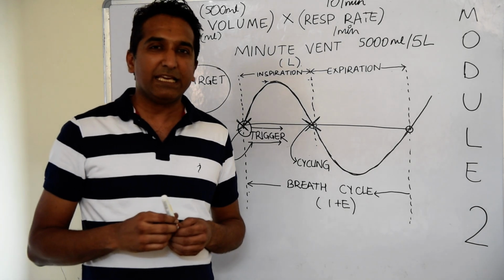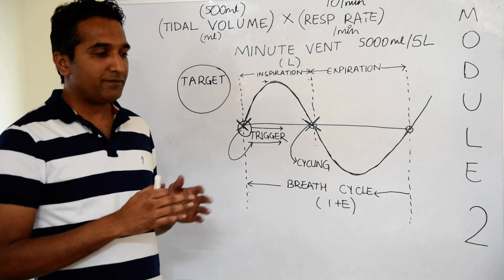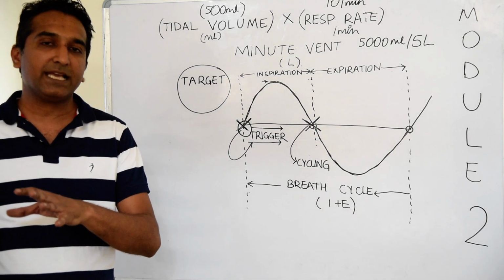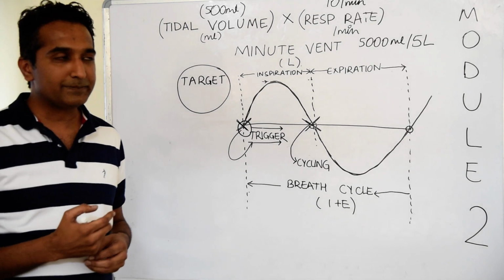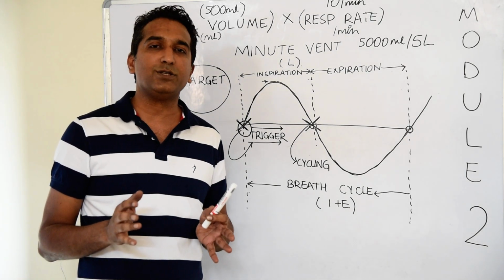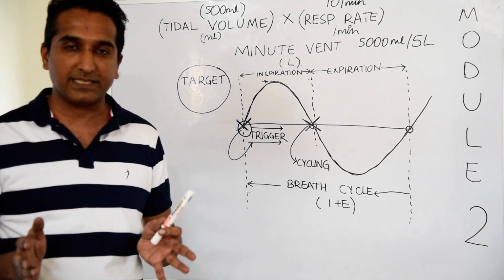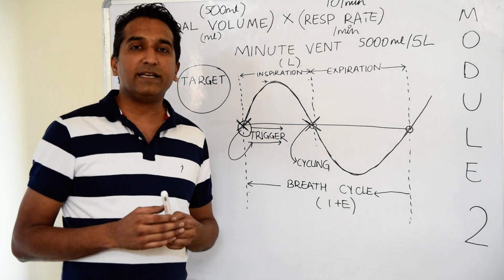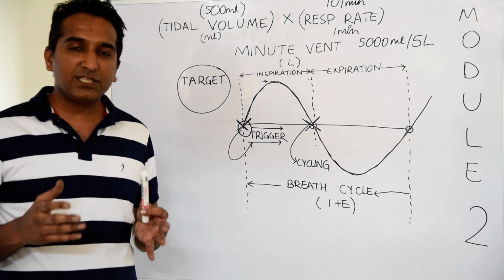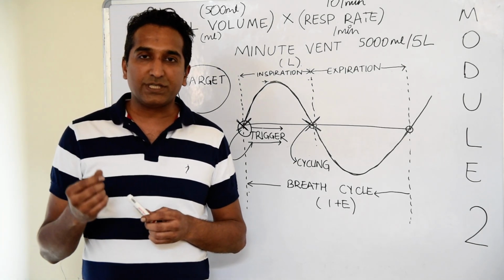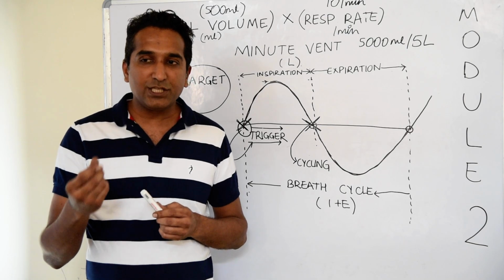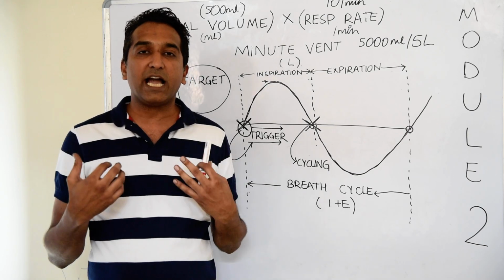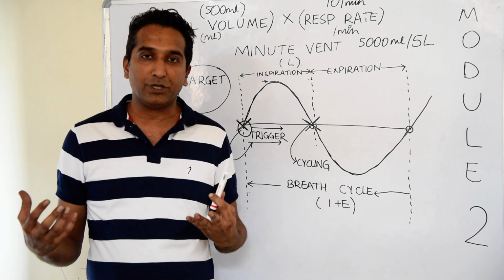It would have been easy if this is all what we had to do, that the patient makes no effort, we connect him to a machine, we set certain parameters and allow the patient to breathe accordingly. In modern day ventilators in the ICU, that happens only if the patient is paralyzed, that they get what we set. But all modern ventilators are what is known as assist control ventilators, which is to say that the ventilator can assist you in your effort of breathing, or the ventilator can take up the entire work of breathing if there is no effort put.